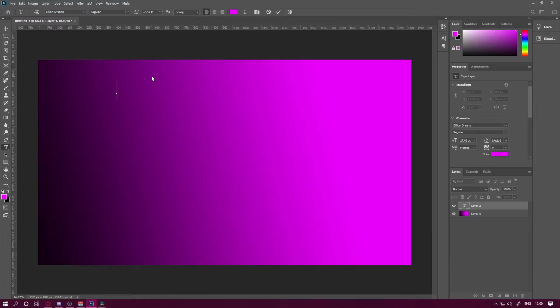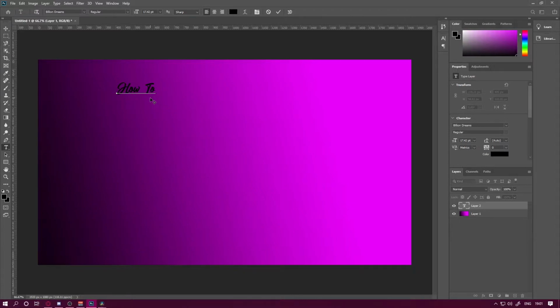So we're just going to do how to get Premiere Pro for free, that kind of thing. We want to just get ourselves a normal black font, because we're going to be using gradient overlays, which are really good, and they make the text look really nice. So we're going to be using that. We don't have to worry about the size of it because we can change it later, but we're just going to put how to